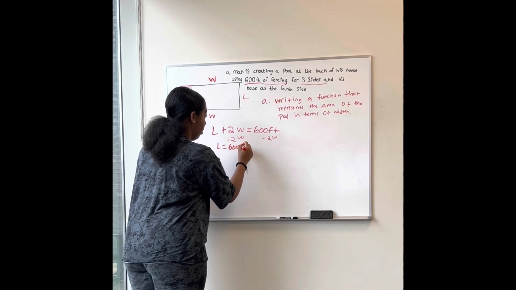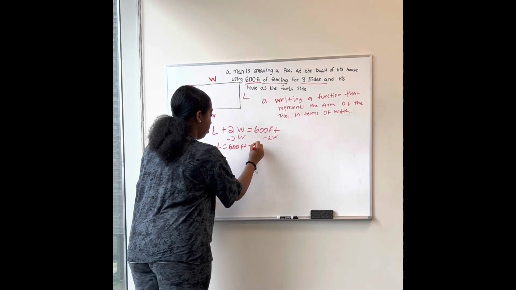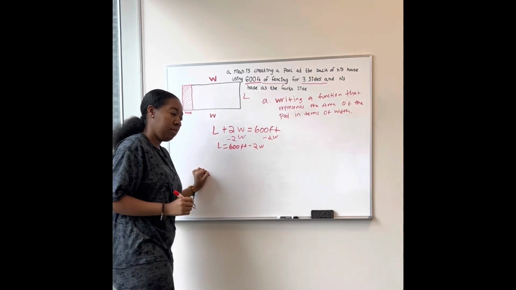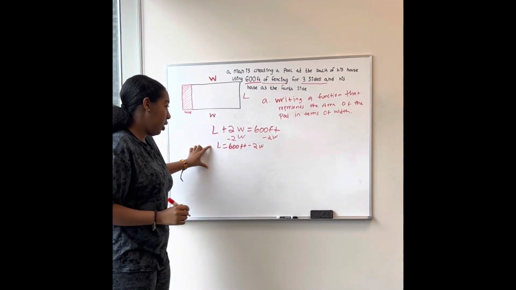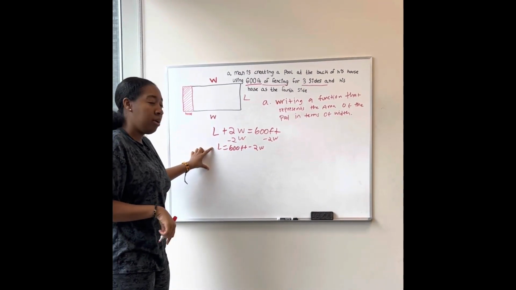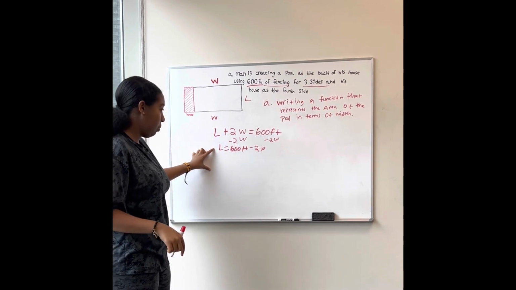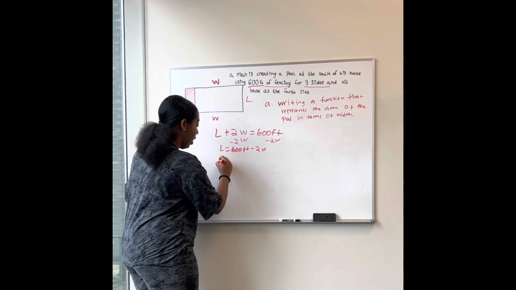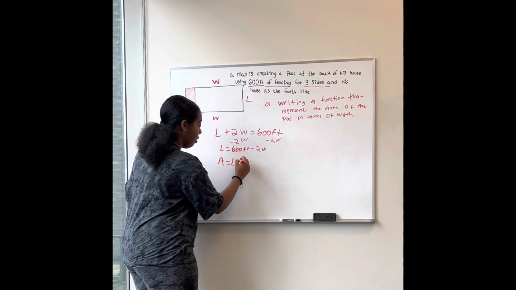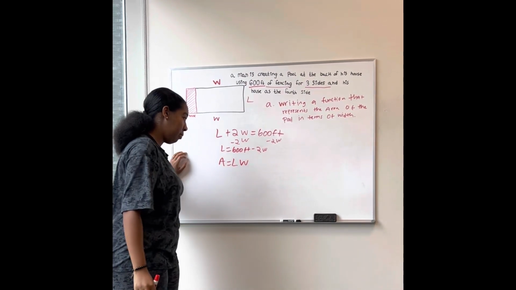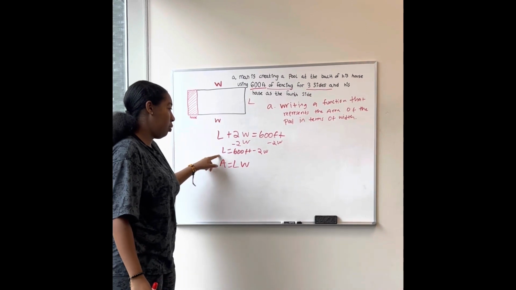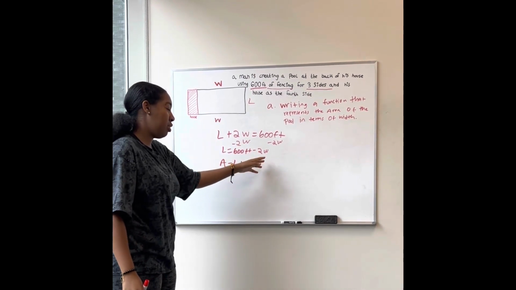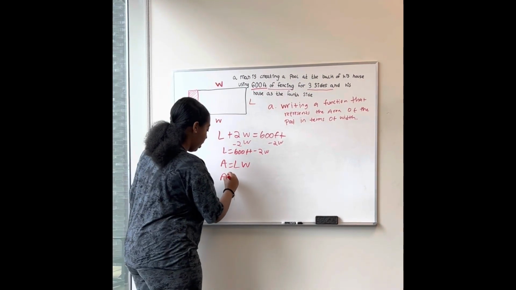L equals 600 feet minus 2W. This will come into play a little bit later because area equals length times width, and this is your length. So area equals length times the width. And because your length is 600 feet minus 2W, A equals